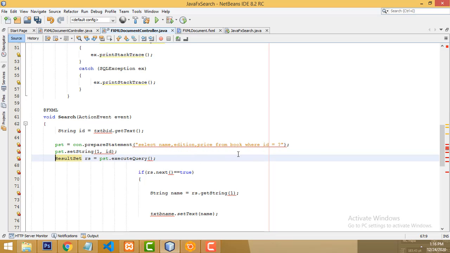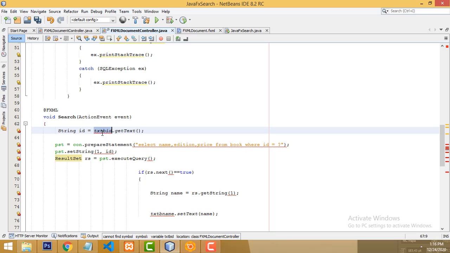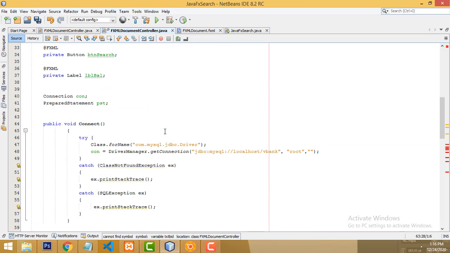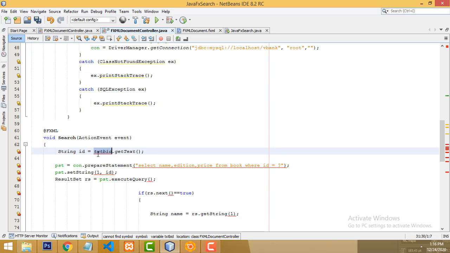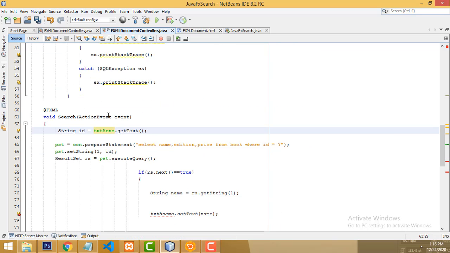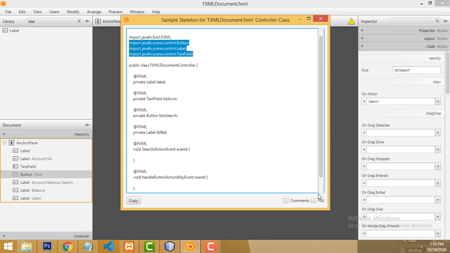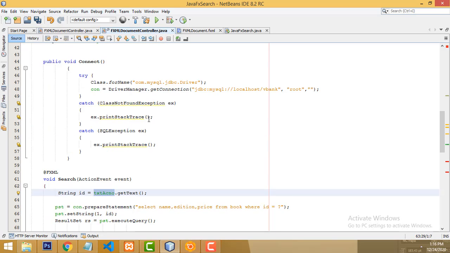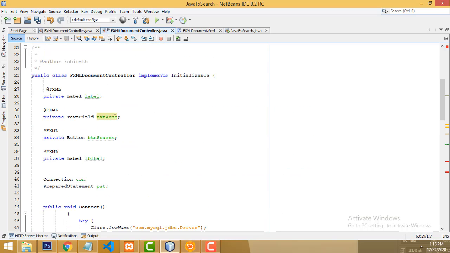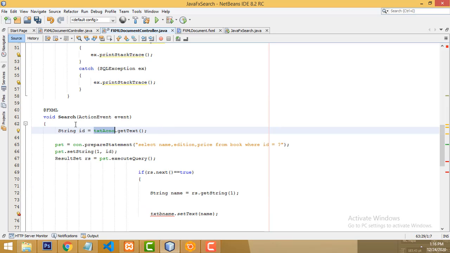Right? So here the first one is an ID, the text field. What's the account number you are typing? You have to make the text field txtACNumber. You have to put it here, right? What is the account number you are typing, in that particular text box? Which name is the account number? We have given the names here. It is assigned to this ID.